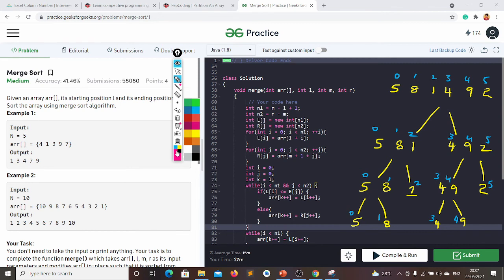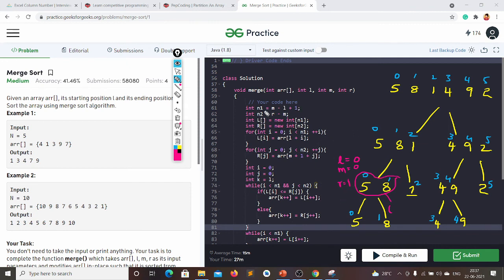So let me first of all write what is M, what is L. Here, at last it will call some function, no? So here this function will call something like merge of L comma M comma R. There L will be 0, M will be 0, and my R will be 1.